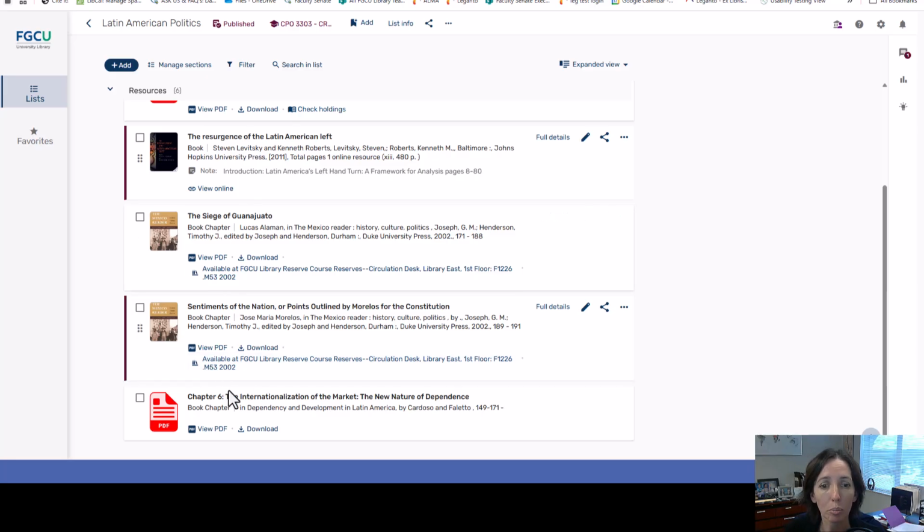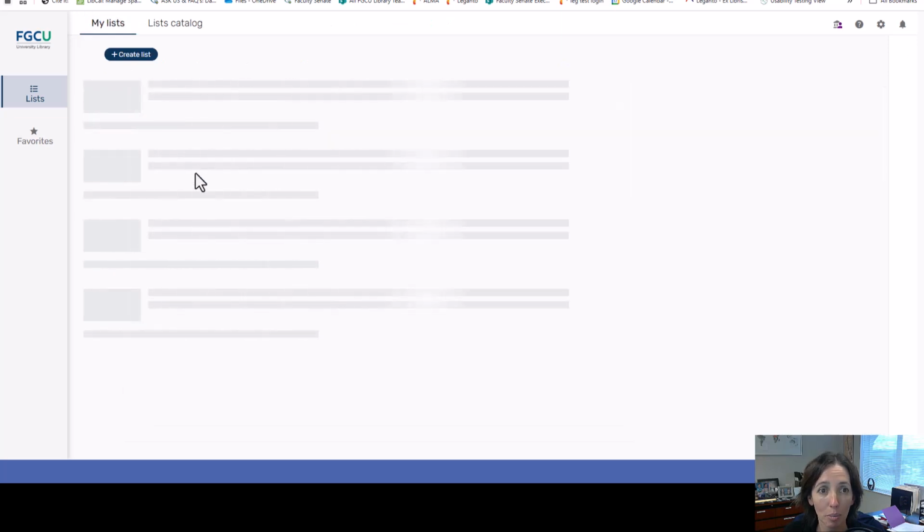So yeah, we have a few more. This last book chapter on here, I think, might actually be something provided by the professor, something that we did not have in the collection, but we can put that one chapter on reserve. For some other examples of what reading lists can look like,